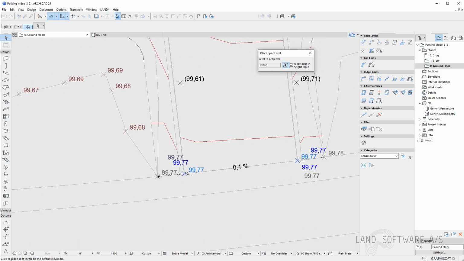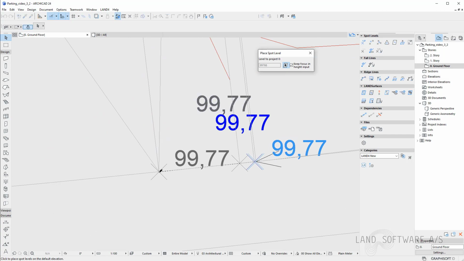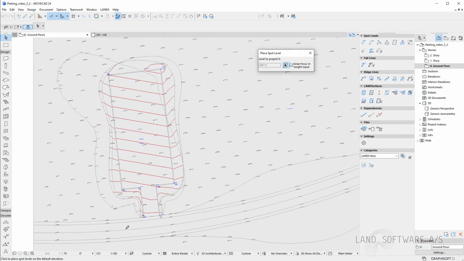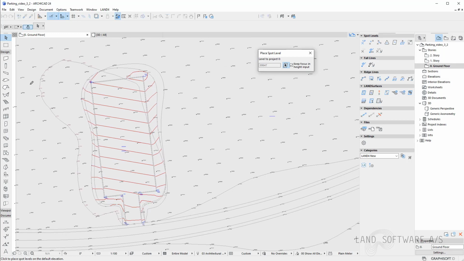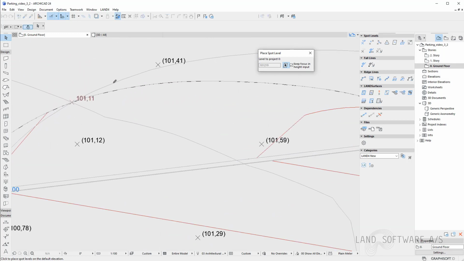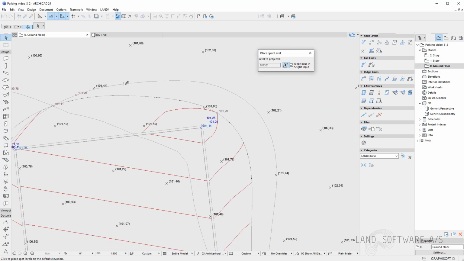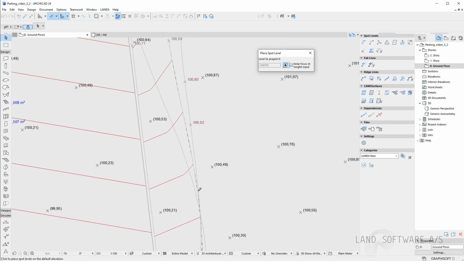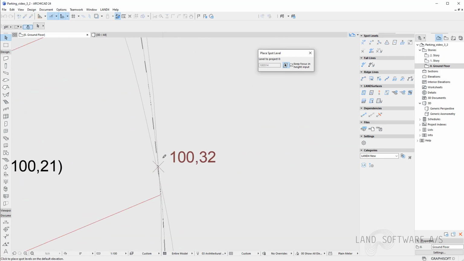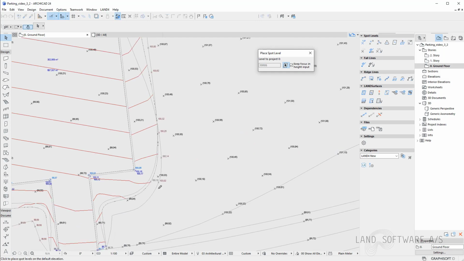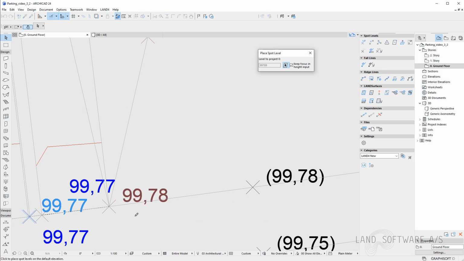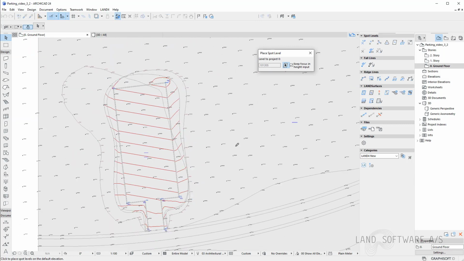And again, this line will represent the place where the new terrain meets the existing terrain. I can do the same for the rest of the lines. Hit escape when you're done.